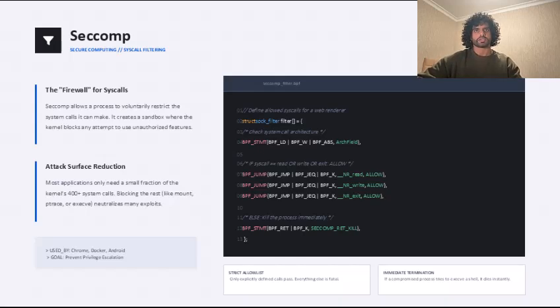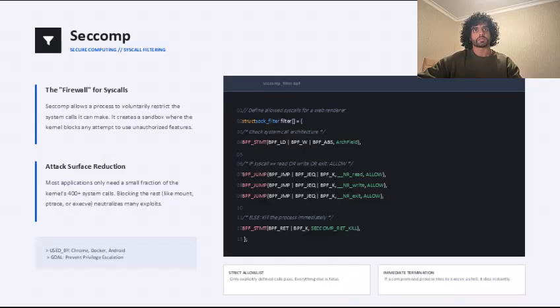Attack surface reduction: the Linux kernel has over 400 system calls. Most applications only need a handful. Seccomp creates a sandbox by blocking the rest, like mount, ptrace, or execve, which effectively neutralizes hundreds of